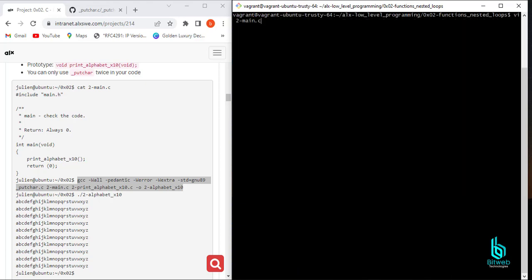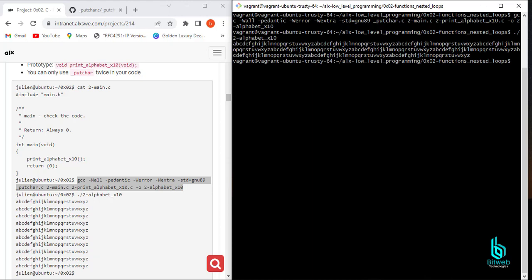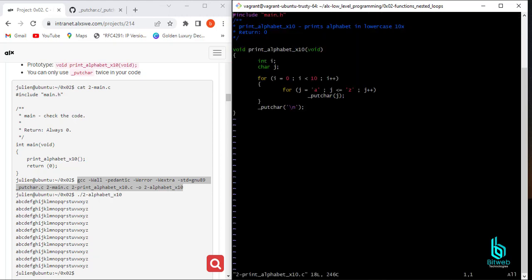All right, so let's compile again. So as you can see, it has been compiled. So let's run the compiled file, which is 2alphabet. So let's run it. Whoa, so as you can see, it is printed, but it is kind of jam-packed in one place. So it seems like our spacing, we've placed our spacing in the wrong place. Sorry. What we are supposed to do here is this putchar here is not supposed to be here, because